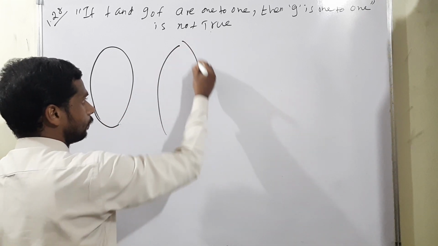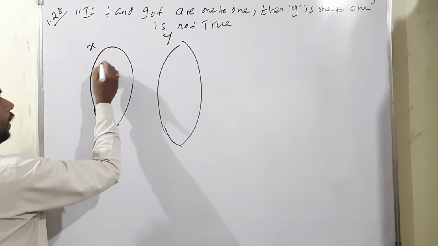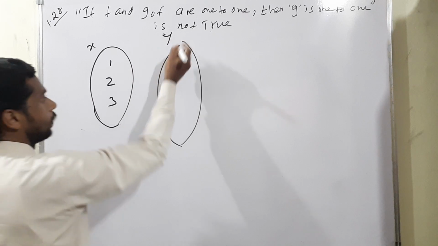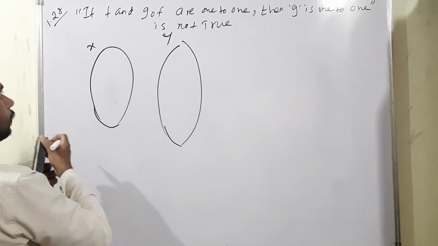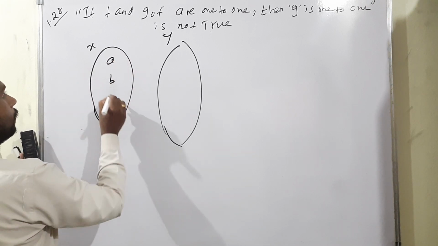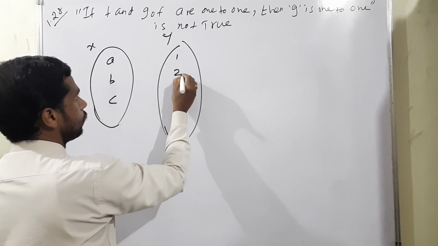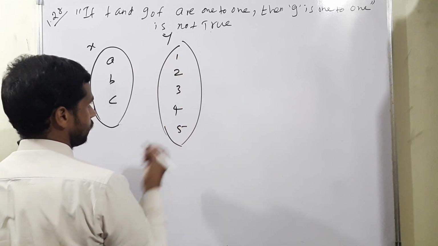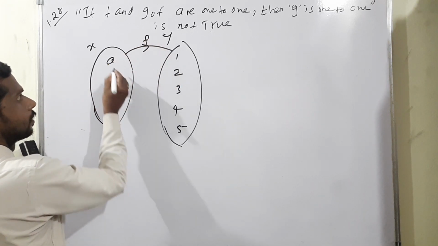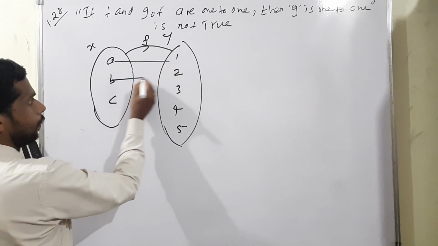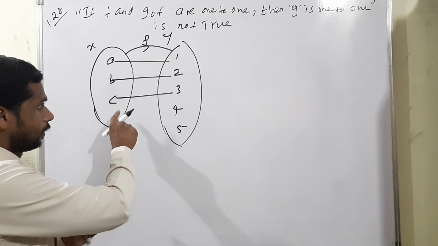Consider this is the X set and this is Y. So X is considered as 1, 2, 3. At the same time Y, I'll make it here A, B, C, okay. Here the domain, and this is called the codomain, isn't it? 1, 2, 3, 4 and 5 are there. If we are comparing the function X to Y, this is called f. So A maps to 1, B maps to 2, C maps to 3. So definitely this is 1 to 1.